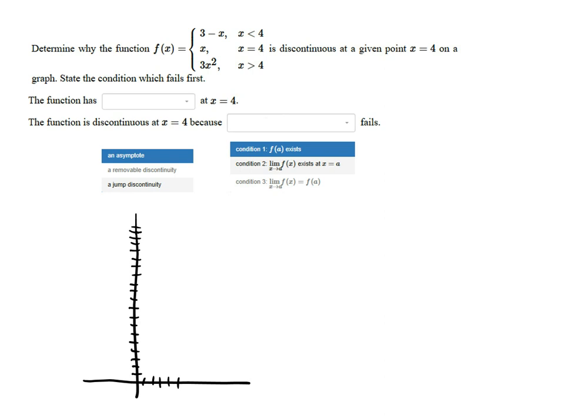All right. If I were to graph this function, this is a linear function. It says 3 minus x, but that's the same as negative x plus 3, and that puts it in the mx plus b equation form. So it's a linear function. It crosses the y-axis at 3, and it has a slope of negative 1, which means it goes down 1 and over 1, down 1 and over 1, down 1 and over 1,